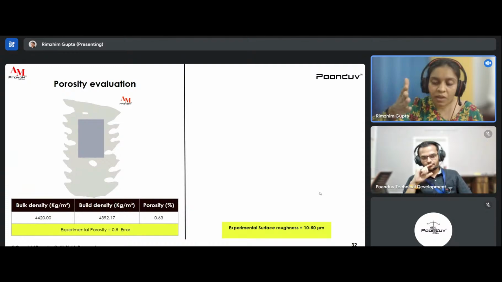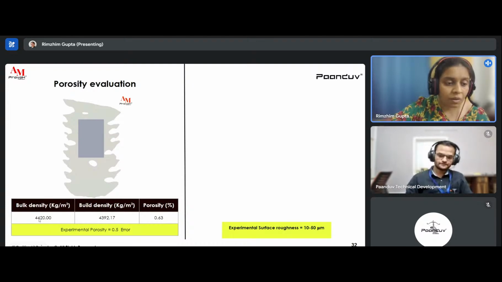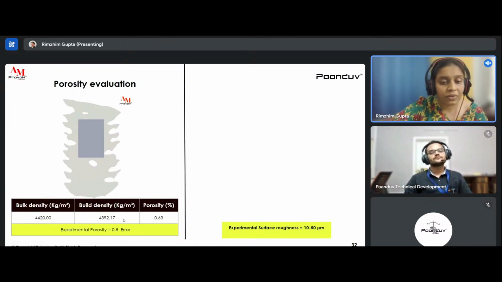That means those are the results that we can rely on. Therefore, we left these three layers and we took the porosity in the upward direction. We cut a cube in all the directions and we analyzed the porosity and the density in those regions. The average density comes out to be 4392.17, whereas the bulk density is 4420, which gives us the